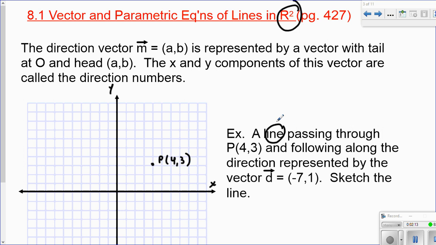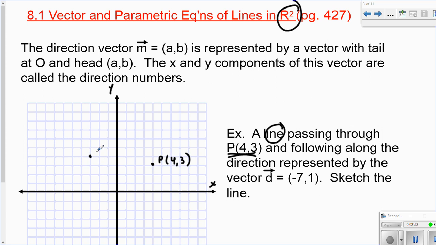This line starts at point P. That's kind of like our intercept, in many ways. It's a stationary point that starts to define the line, much like in the past when we always started a line by plotting a point. So look at that as our initial point. Now the line follows along a direction represented by the vector d, -7, 1. So to establish my next point, I start at my given point and I go backwards 7, 1, 2, 3, 4, 5, 6, 7,